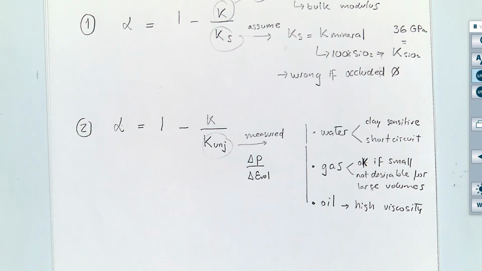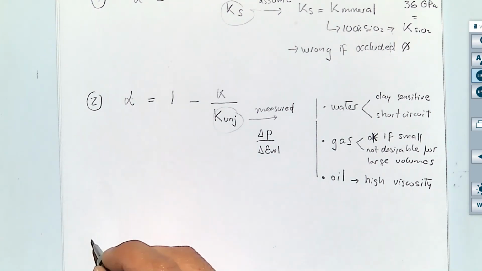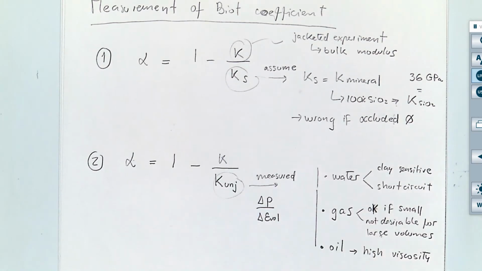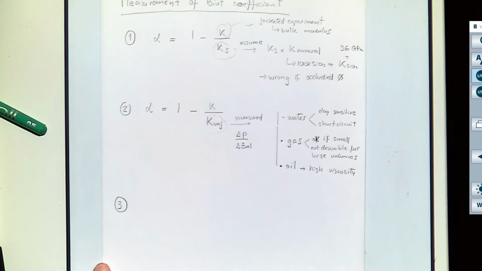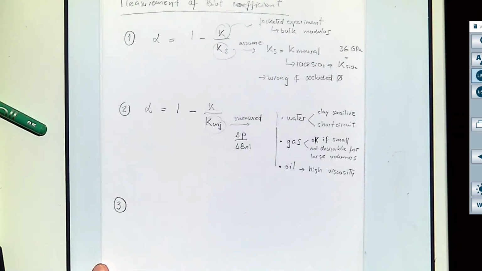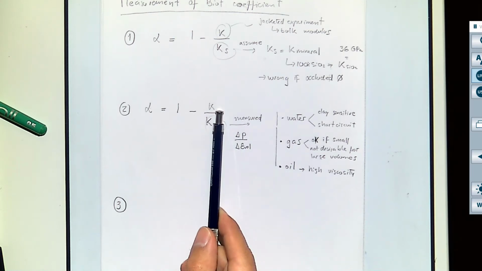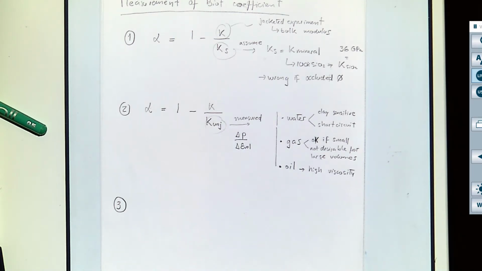Because, and why not? Because there is a third method. And this is the one that I want you to learn how to use. From all these 3 methods, this one will be the preferred one, and the one that will give you the most accurate value of alpha, if done correctly, and also will give you the value of K. So far we assume that we have done it, but I didn't show you exactly how to do that. All right, so